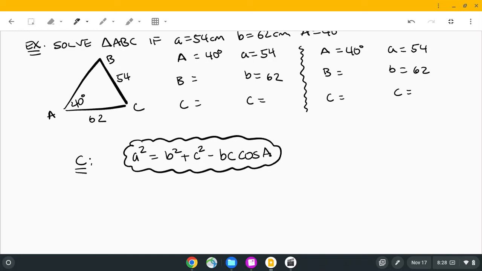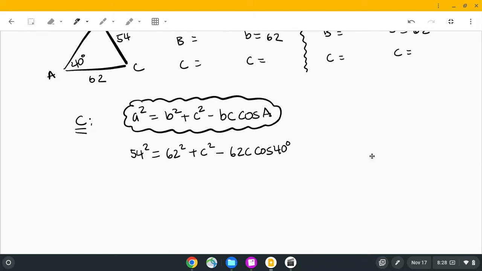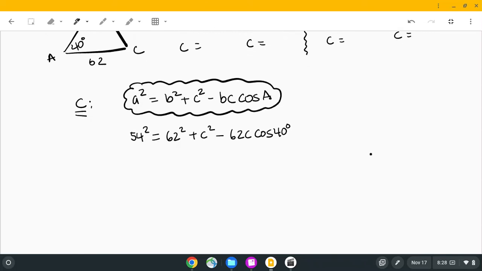Okay. All right. So a is 54. Little b is 62. Little c we don't know. Little b is 62, c, and then cosine 40. Okay, and again, some big numbers here. 2,916 equals 3,844 plus c squared minus, punching that all in, we end up with 94.99